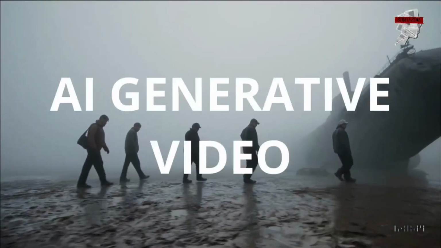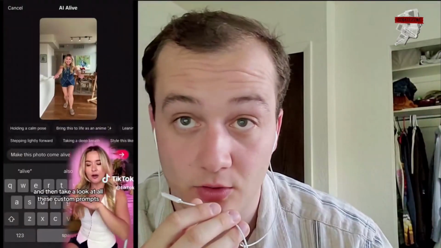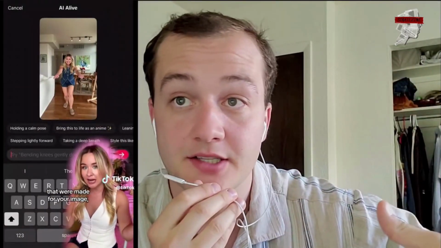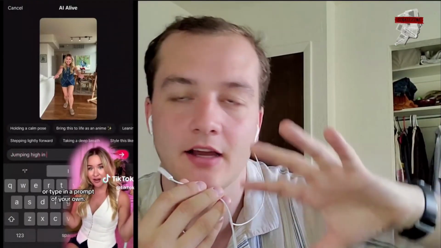Welcome to the News Industry Update. Today in the spotlight, AI generative video. You might be surprised to hear that TikTok is including AI video with its latest feature, AI Alive. Launched on May 14th, AI Alive empowers users to transform static photos into dynamic videos directly within TikTok stories. By leveraging artificial intelligence, this tool animates images, adding movements and atmospheric effects, even background noises to your still photos in your stories. It adds more cinematic and realistic elements to those photos.